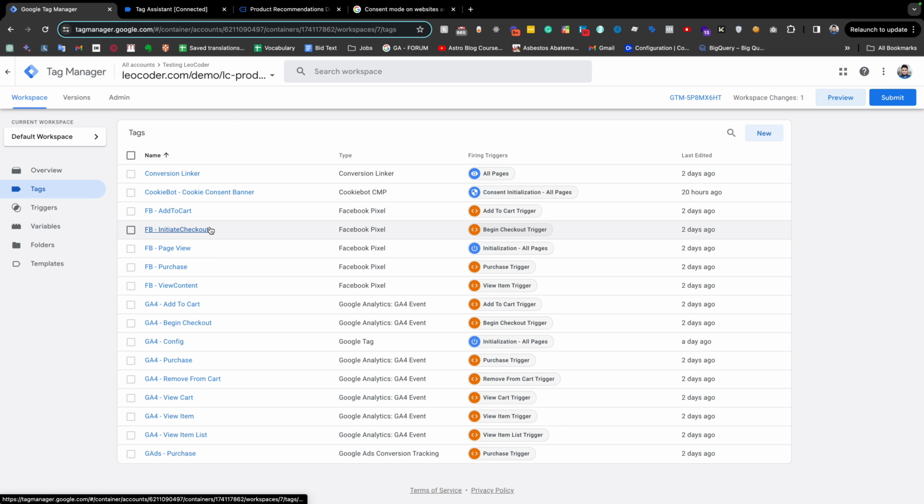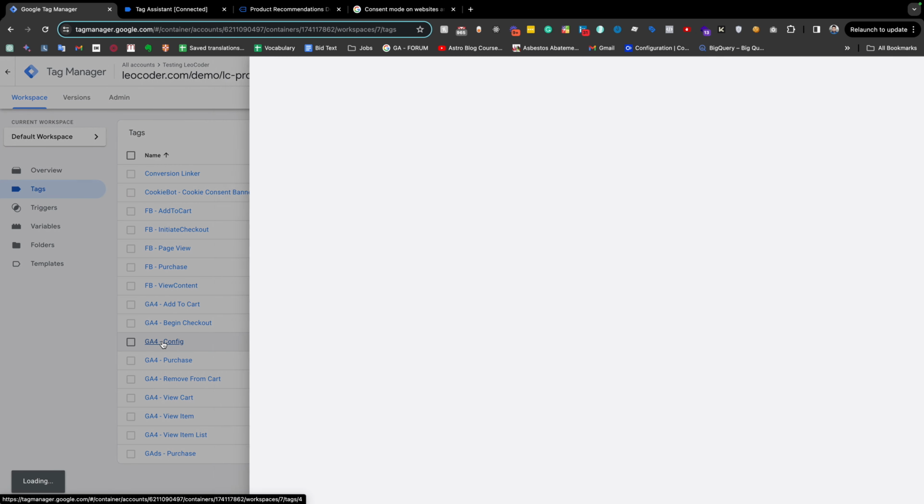In my setup, I have also installed the Facebook pixel, and this is the conversion linker related to Google Ads. Now if we would like to set up the advanced method, in that case we need to edit our tag. So I am just going to GA4 config,